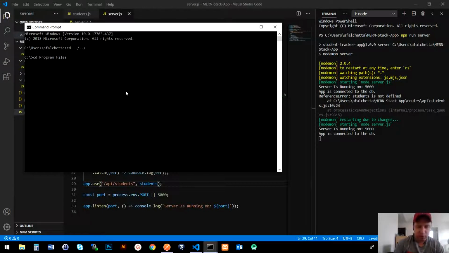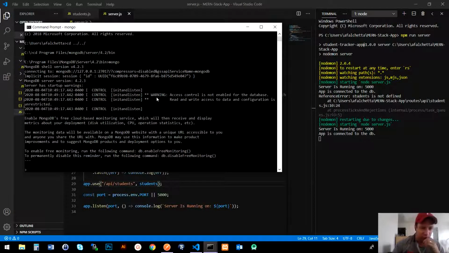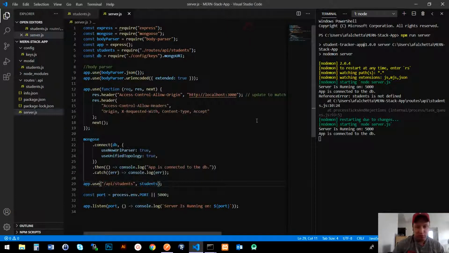Give me a sec just so I can start MongoDB, so I can go to /server/4.2/bin and then run mongo. Okay, because we're going to be testing a post route, so hopefully we want to make sure that's running. Anyway, so